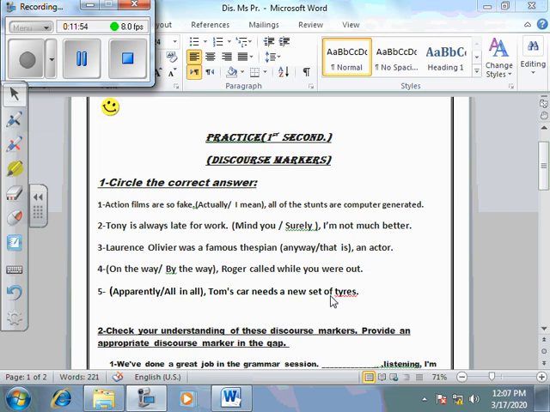Why is the word tires underlined like this? Because the American spelling of tire is different. I want you to look at it to have more information. I won't tell you. Tire, this is British spelling, but the American one is spelled differently. That's why it's underlined by the computer. Let's look at the answers